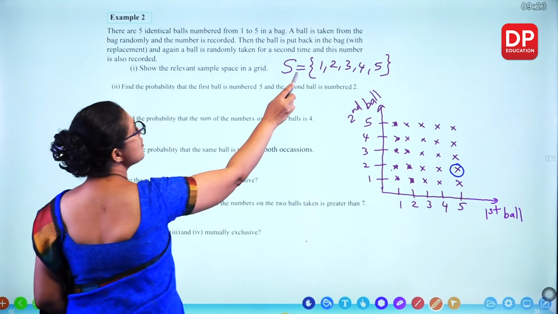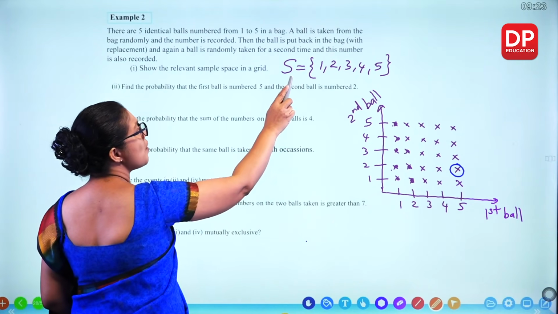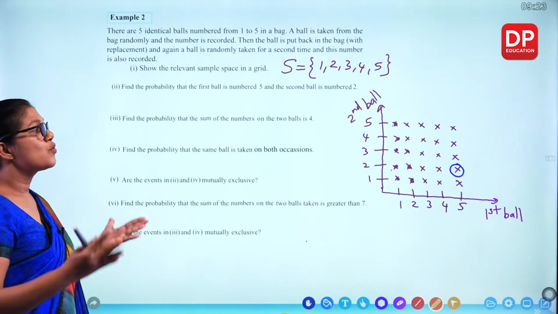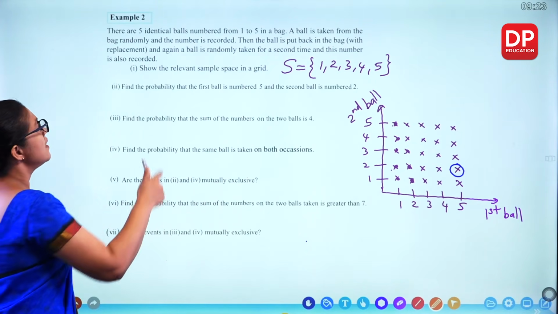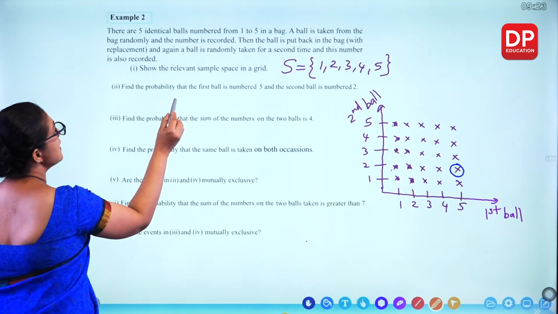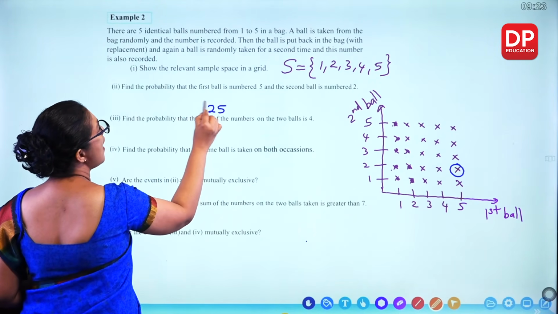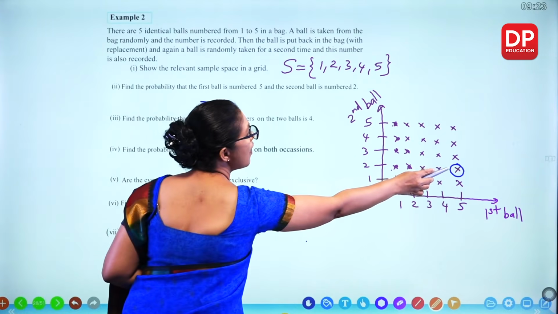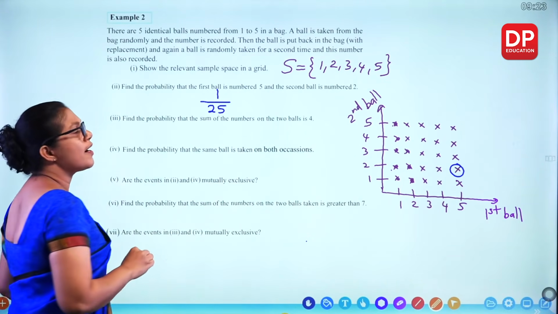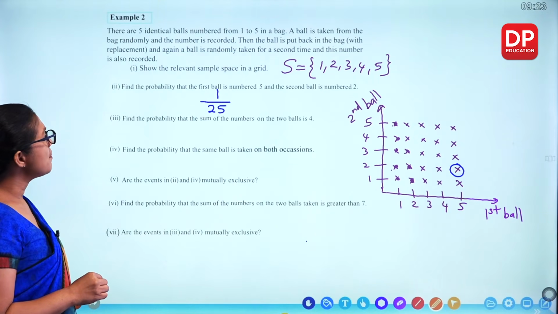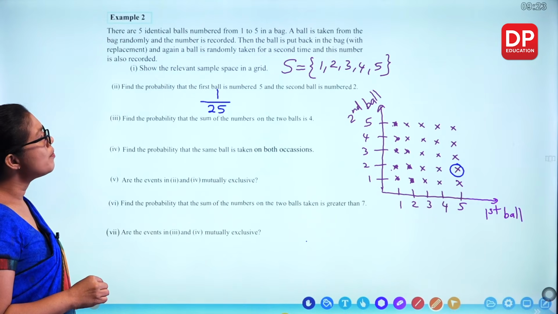So this is just one bag. 1 to 5 is just one bag. When you take 2 bags, you have to consider 25 outcomes. And what's the probability? Out of 25, just one outcome. So 1 over 25. Second one, find the probability that the sum of the numbers on the 2 balls is